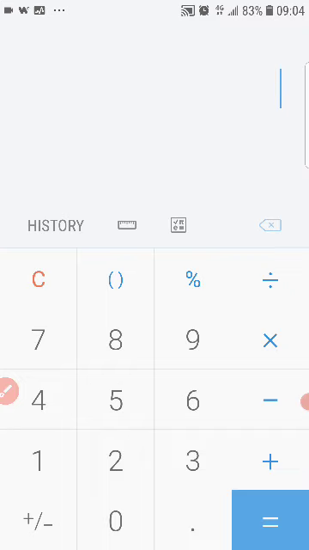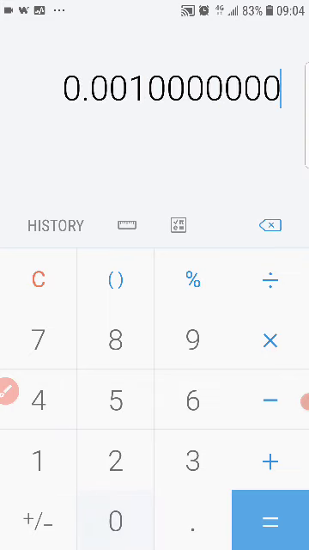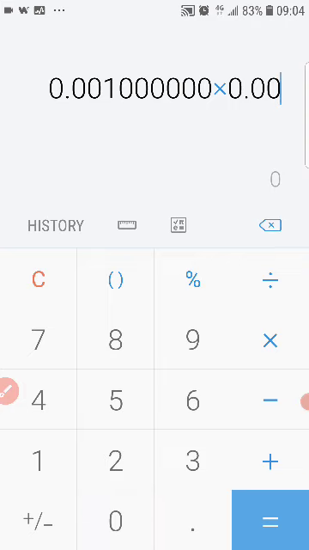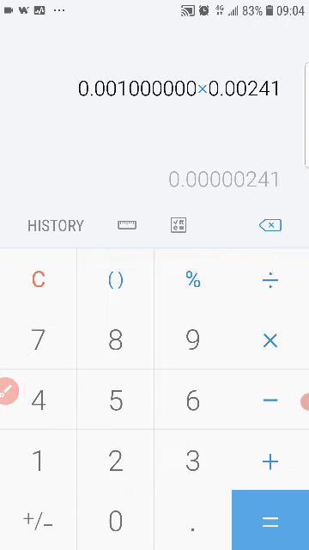Okay, you know 1 million Satoshi is 0.00123456. This is 1 million Satoshi. So you know this is 1 million Satoshi, and automatically you know the price if you multiply it by the current price, which is 0.00241,